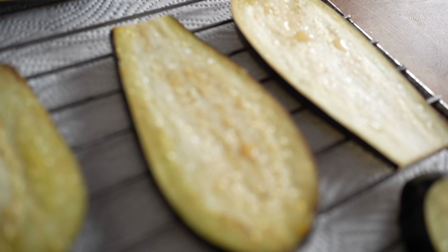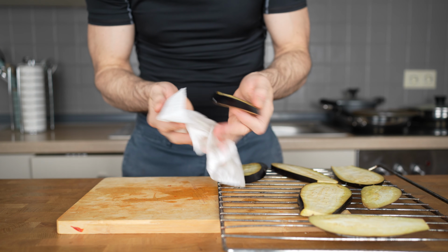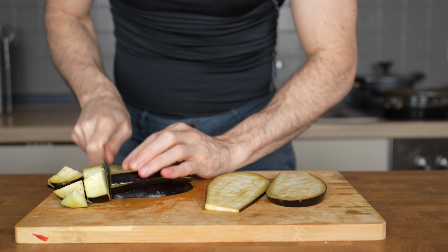So let's get back to check my eggplants, and as you can see, the salt removed quite a lot of water and they slightly shrink. So I will pat them dry with a paper towel and then cut them into smaller chunks